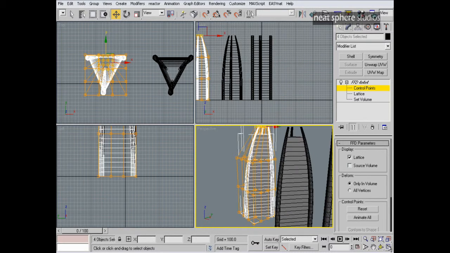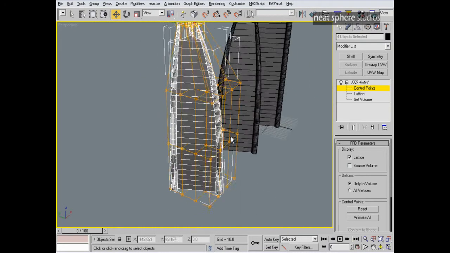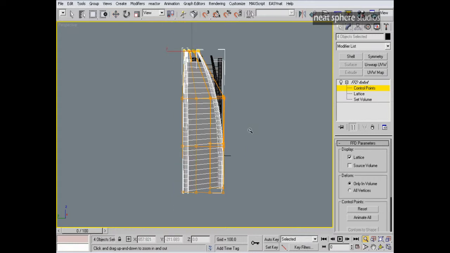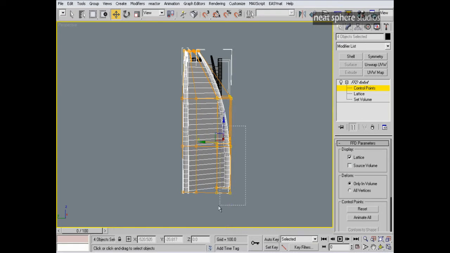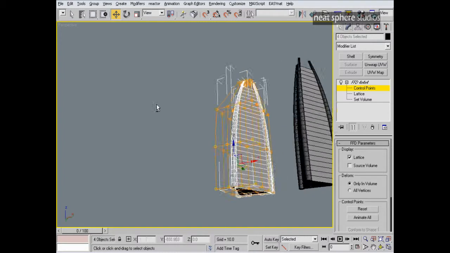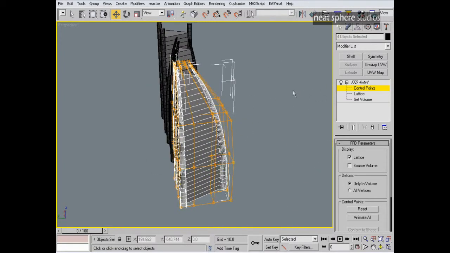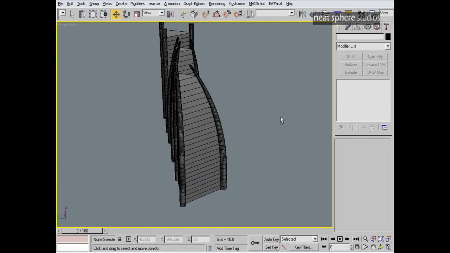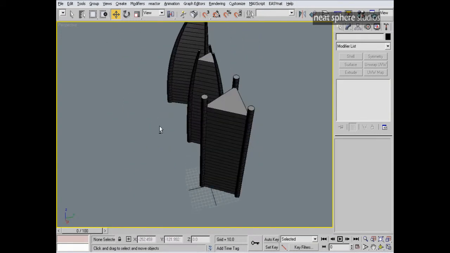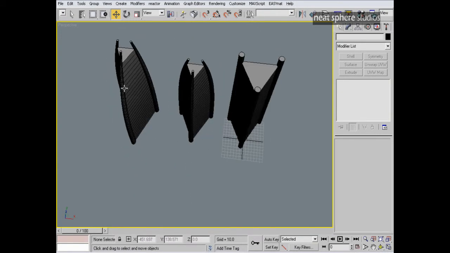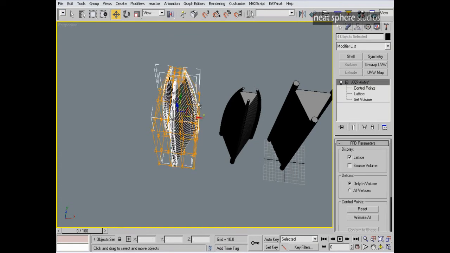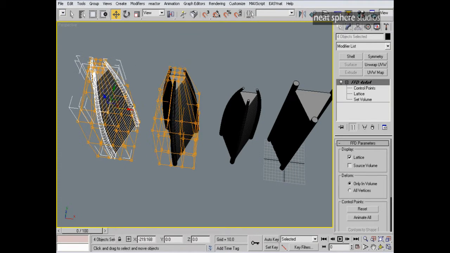I think I might have to go full screen here, so we'll go full screen. And then I'll just start to move a few of these points just gently around. Yeah, okay, so that's cool. That's quite an interesting shape there. So we've got another slightly different variant shape. Now I'm going to make another copy of it,